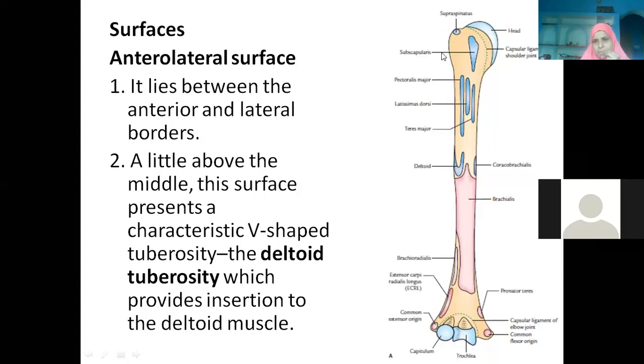So now, just look at this picture. We had the intertubercular sulcus, which has a medial lip, a lateral lip, and the floor of the intertubercular sulcus. In the medial lip you are finding the insertion of teres major. In the lateral lip we have the insertion of pectoralis major, and in the floor of the intertubercular sulcus, or bicipital groove, we have latissimus dorsi. There is a mnemonic for this: lady between two majors. That means in the floor we have latissimus dorsi, medially also a major, laterally also a major. The medial one is teres major and the lateral one is pectoralis major.